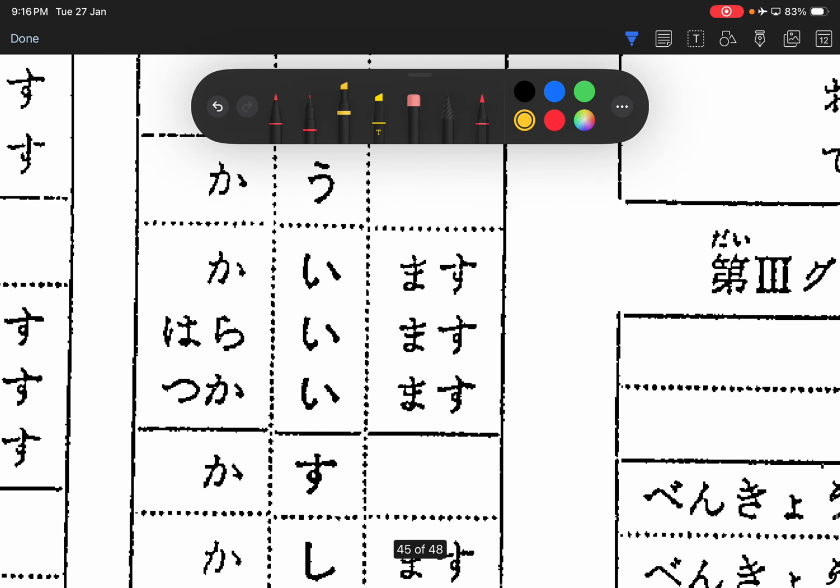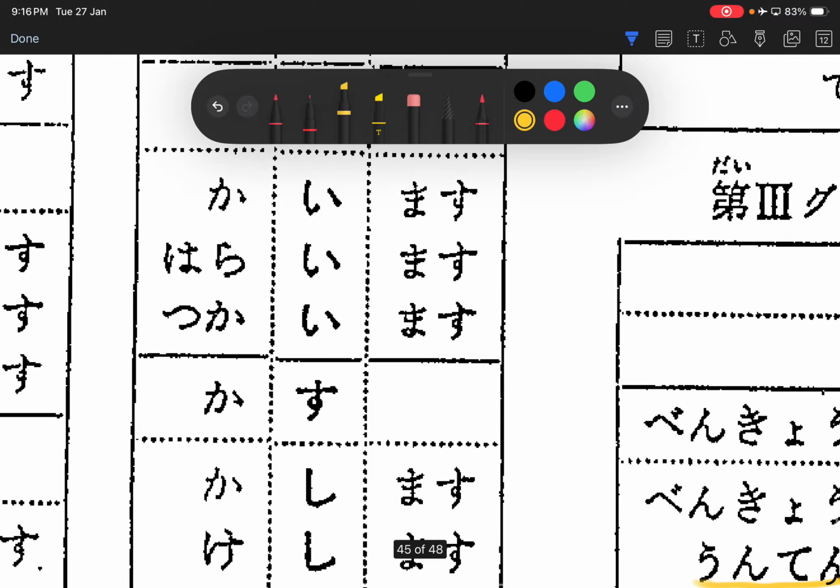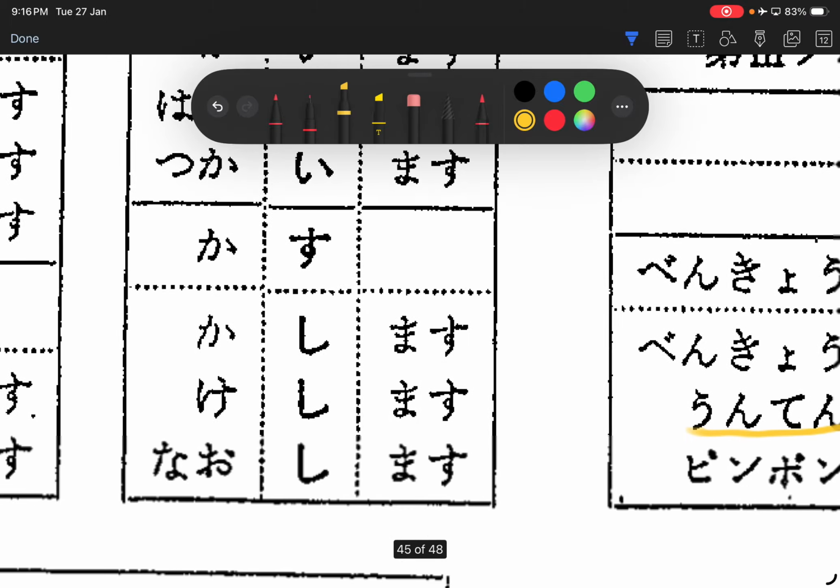Then the next one, 買います. I changes to U, very easy, I changes to U only. So 買います becomes 買う, 払います becomes 払う, 使います becomes 使う. Then the last one,